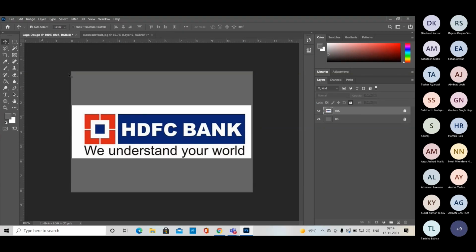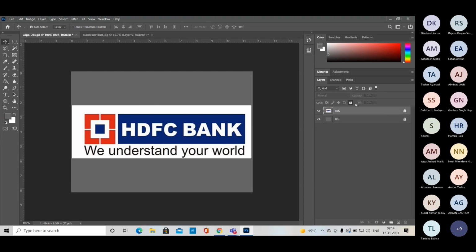So when we pick the move tool, it does not work. Reason: the layer is locked. Is it okay? So every time we need to understand that when we want to work with the reference, we need to keep the reference file at the bottom and design or draw everything on the layers above, right? So we can always keep it locked. So we need to understand that we need to lock it again.